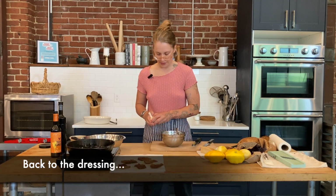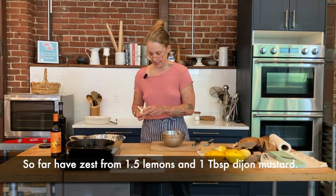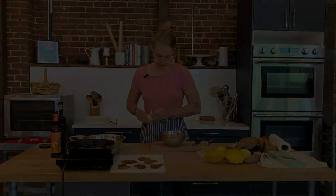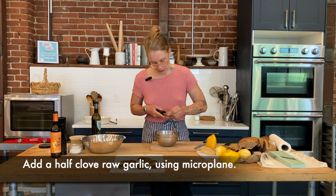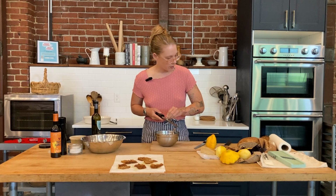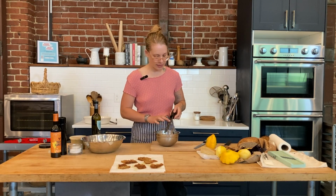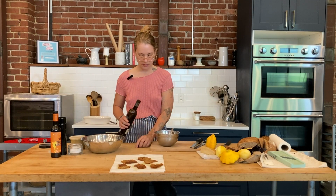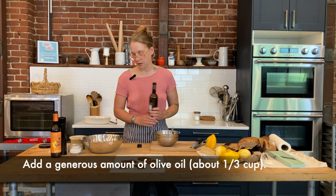So back to the dressing. We've got 1.5 lemons zested into a bowl, a little bit of Dijon mustard. I'm going to add a little bit of raw garlic to this dressing, also using the microplane, just about half of a clove. Raw garlic can be pretty strong, so it's just enough to get a little bit of extra spice in there. So we've got raw garlic, lemon zest, mustard. I'm going to put a generous amount of olive oil,